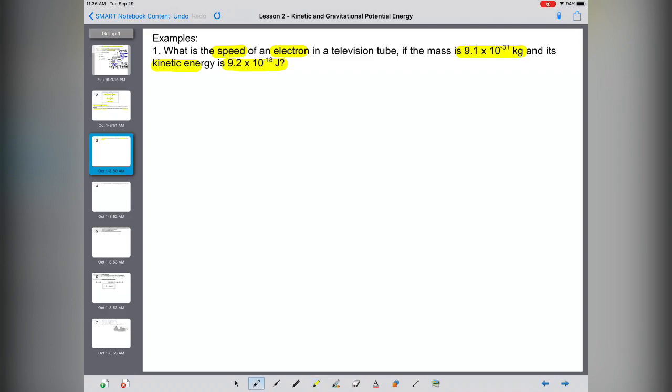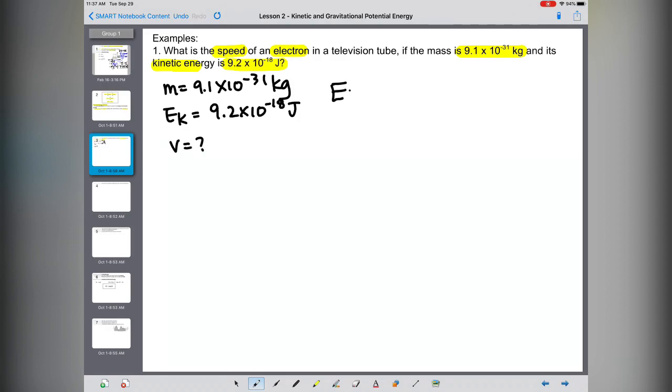So speed of the electrons. So I have the mass, which is 9.1 times 10 to the negative 31 kilograms. And the kinetic energy, EK, is 9.2 times 10 to the negative 18 joules. And they're asking you what is the speed. So I have EK. I can use the EK equation, which is 1/2 mv squared. So 9.2 times 10 to the negative 18 equals 1/2